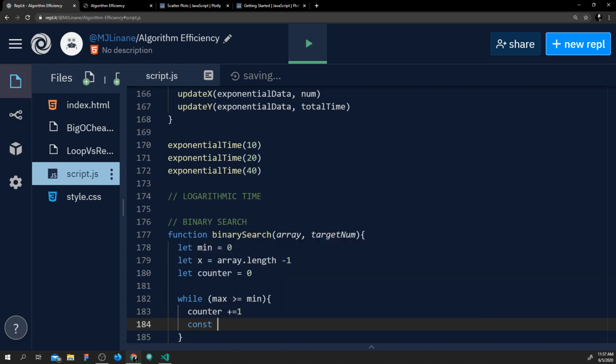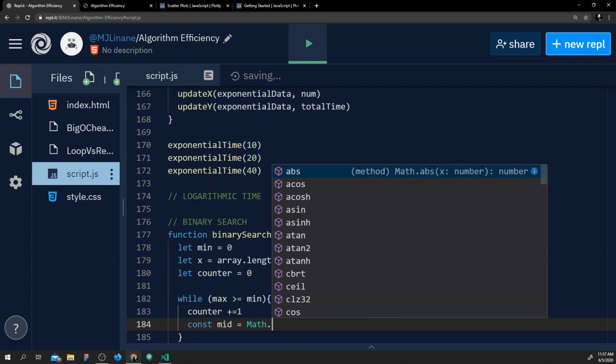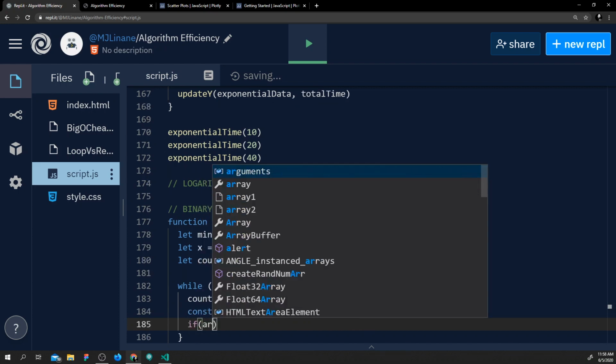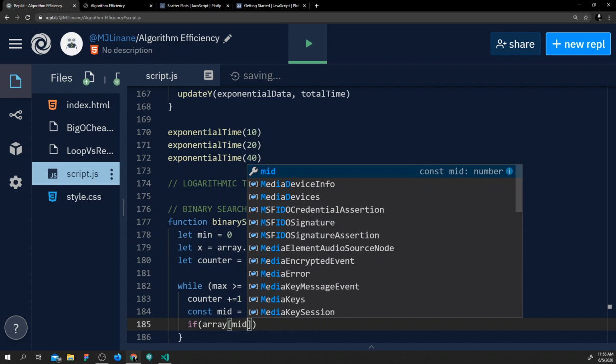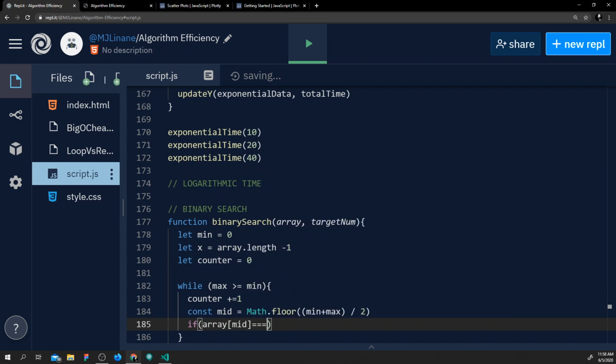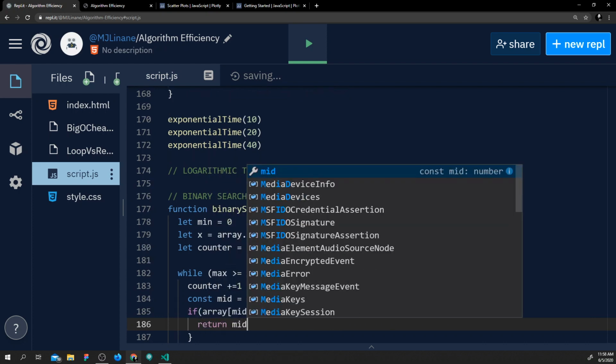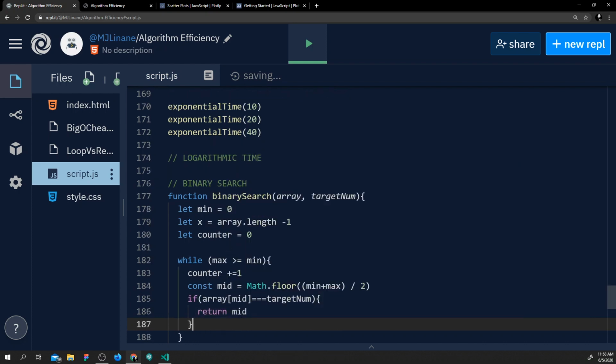Const mid equals math dot floor, and then inside there min plus max divided by 2 to find our midpoint. If array mid equals target num, we return mid. And then otherwise,